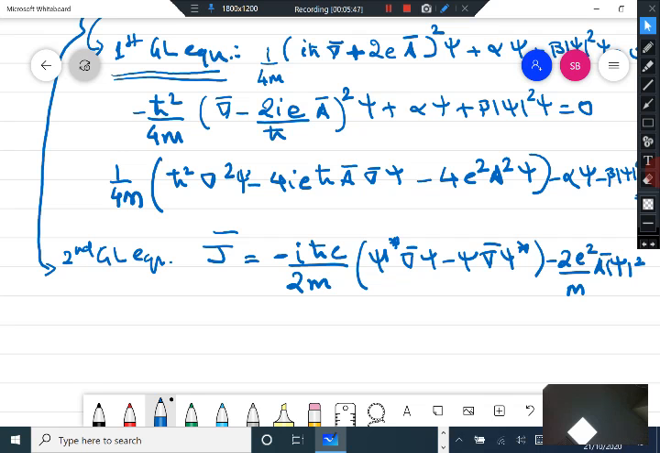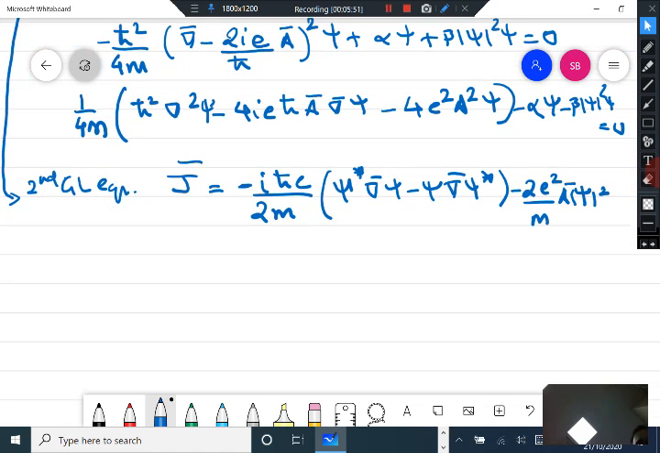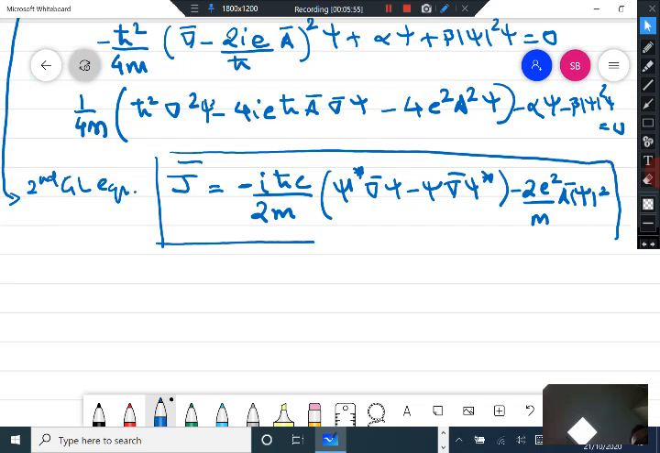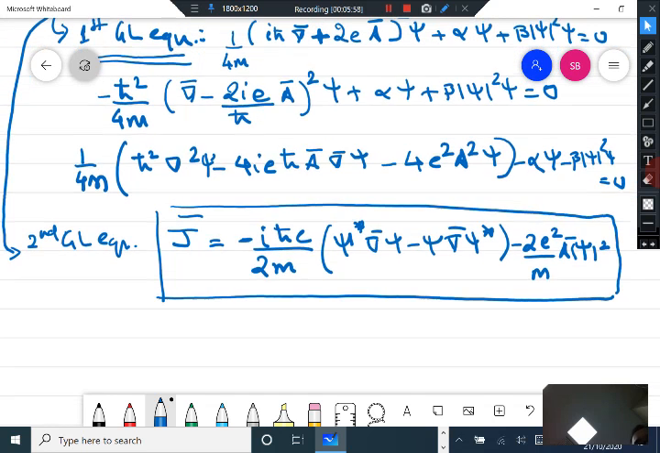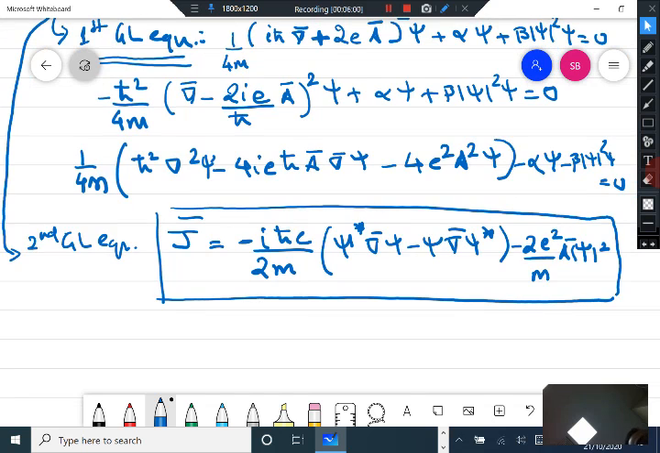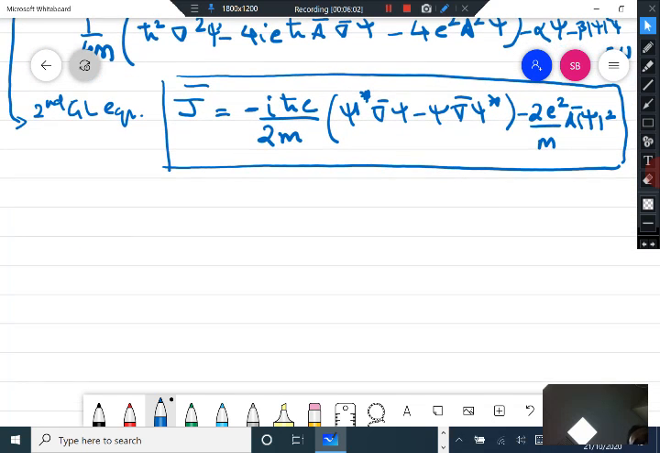This gives you your current density in your superconductor. So these are the two GL equations with which you can now describe the superconducting state. Okay. So the case 1 that we will consider first is, so now we look at the consequences of this. Okay. So the case 1 is